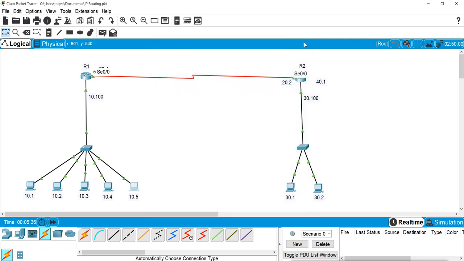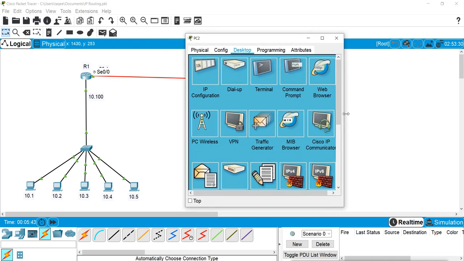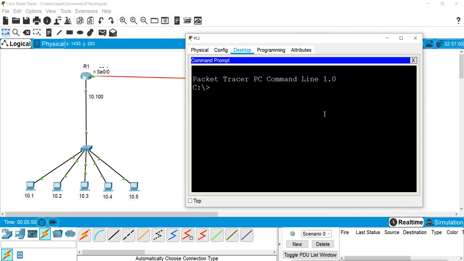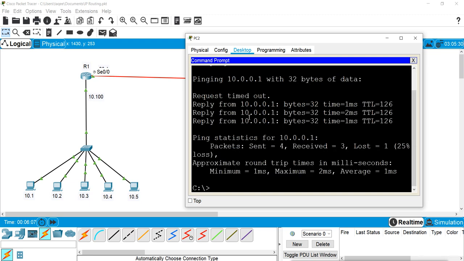Now I will try to connect from this machine here before doing the NATing. How will we know that the NATing is working? When I ping 10.0.0.1 and the reply comes back, we can see in the reply the same IP 10.1 which I pinged.